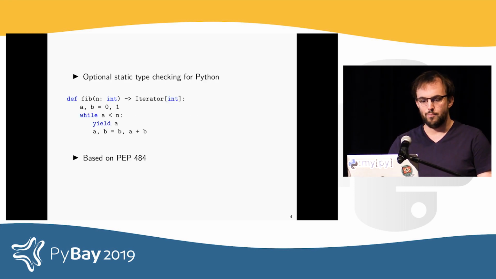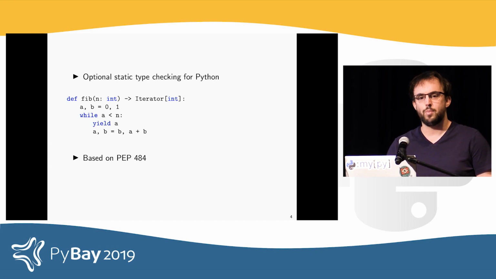So mypy is an optional static type checker for Python. Python 3 added syntax for adding type annotations to functions, and Python 3.6 added syntax for annotating variables. And mypy allows you to use these annotations to actually statically check that the program works, or that the program